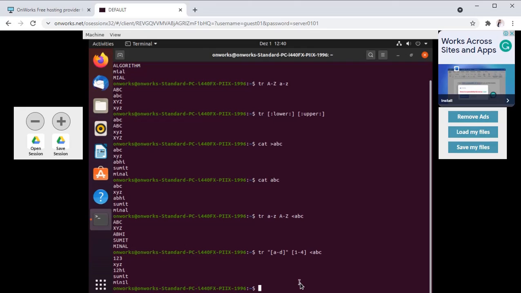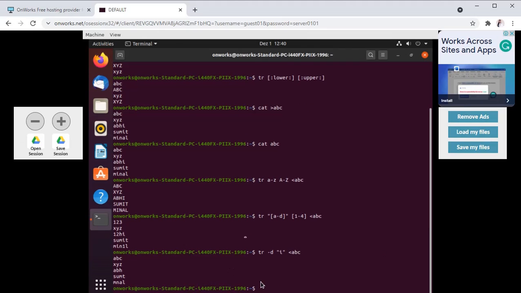For that use tr minus d, space, and write down the character which you want to delete. I want to delete this i character, so I will write i in double inverted commas, space, and give the file name, that is abc, enter.